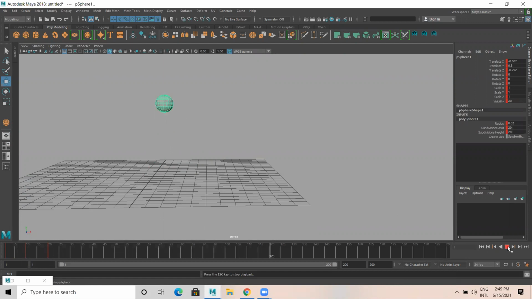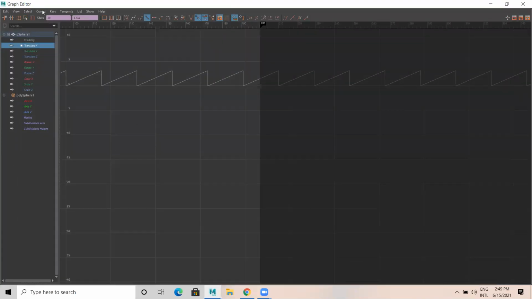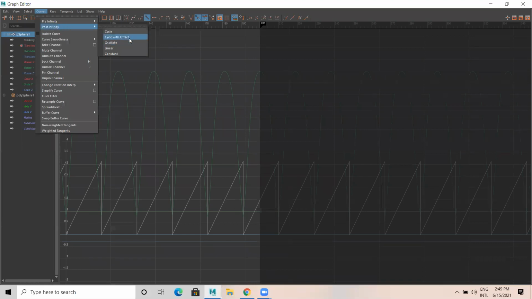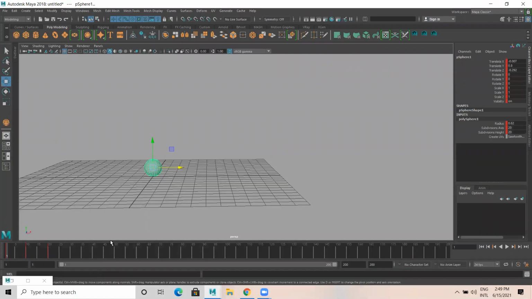This is cycle. But we have one more thing called cycle with offset. I'll select the sphere. Under curves, you have post infinity, cycle with offset. What cycle with offset does is, whatever movement happens in the initial stage from here to here, from here the next value will be taken.